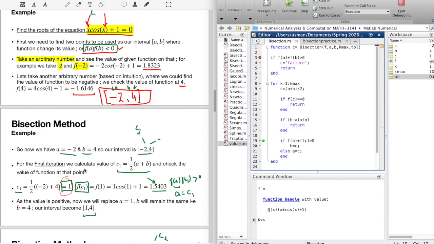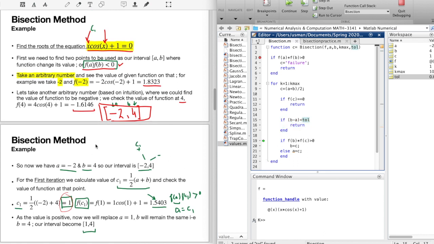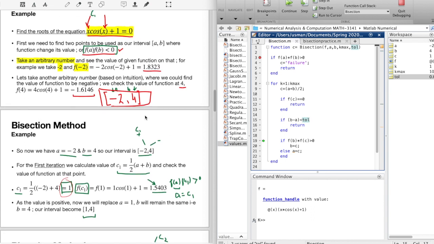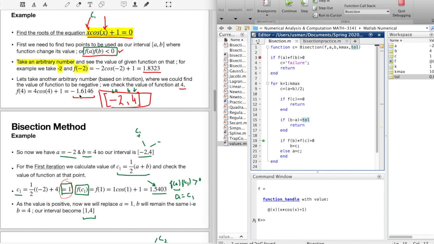So what was f of b? We know it was negative. f of b was negative, and f of c1 was positive. So if we multiply f of b and f of c, its value will be negative. So this value could not be executed,